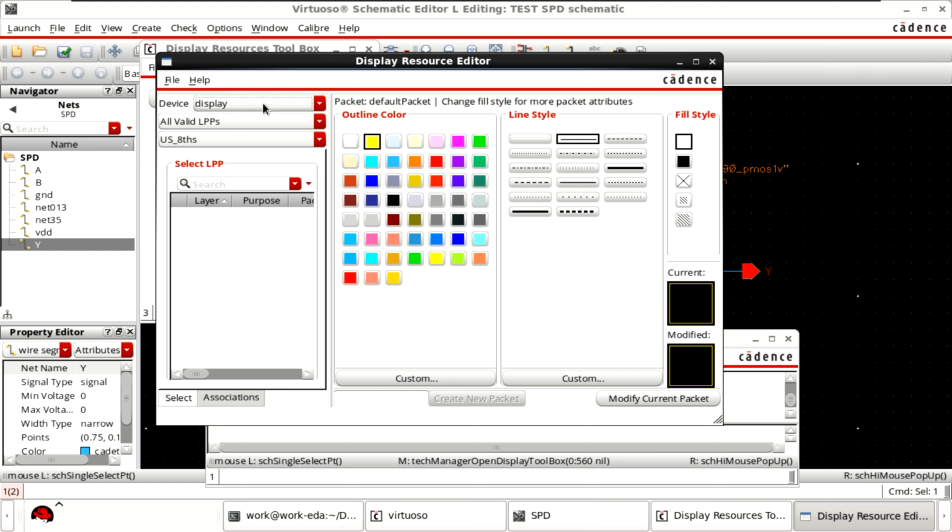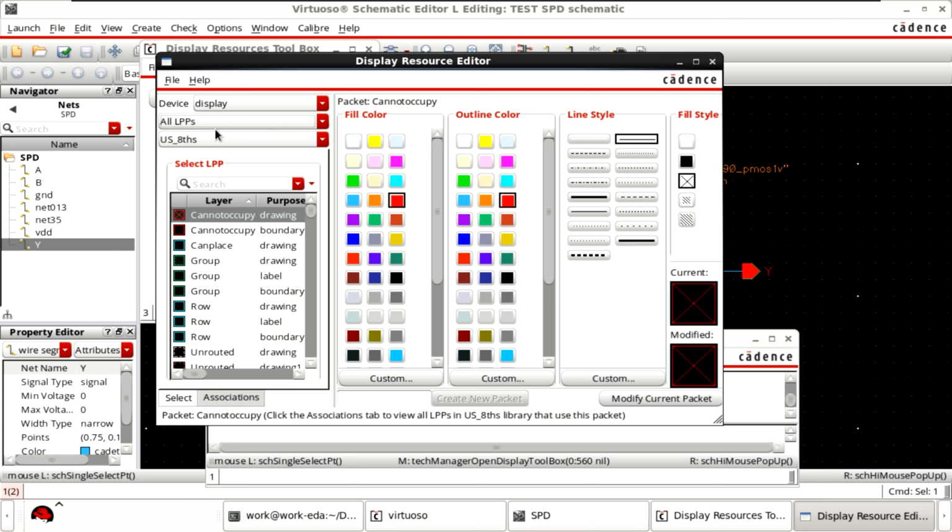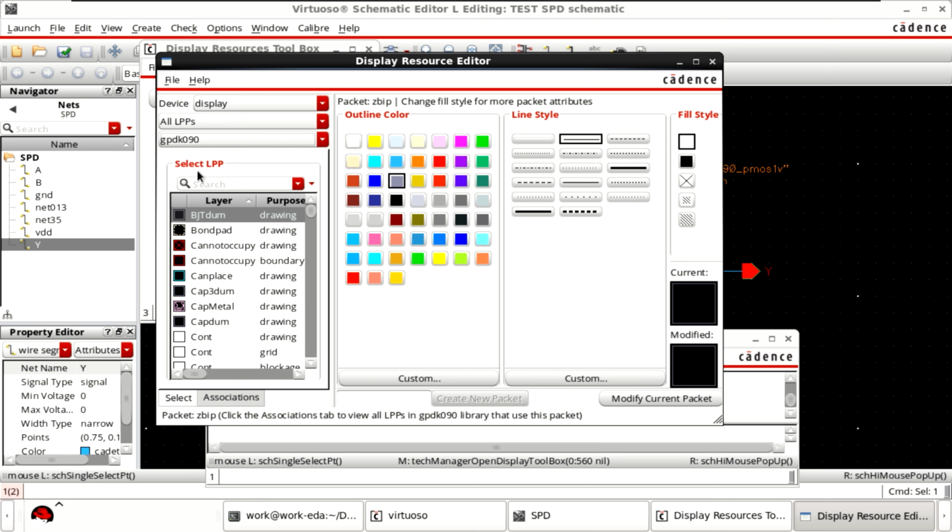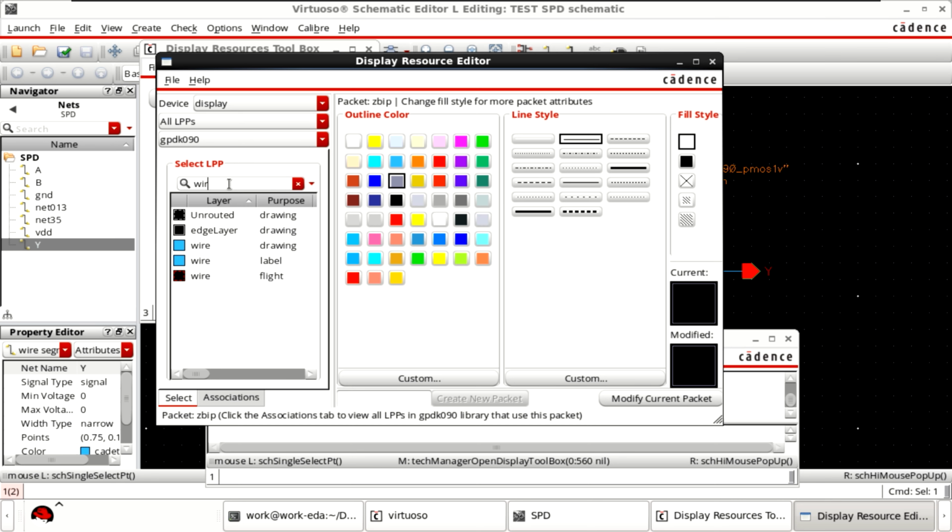The device should be taken as display. Select all LPPs. Here you select the GPDK that you are working with. Right now I am using GPDK 90 nanometer. In the search, you type the wire,